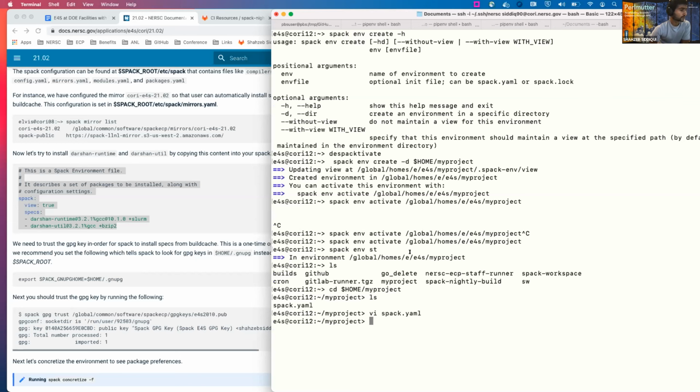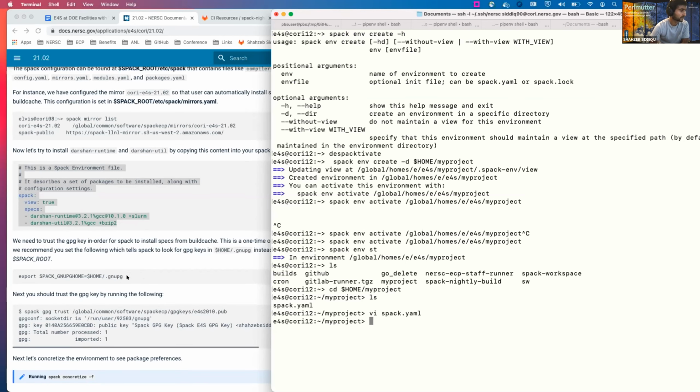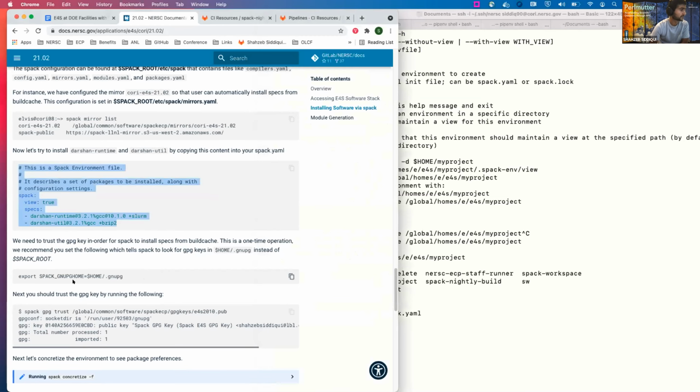The next thing that you would do, in order to use the build cache, you have to do two things. One is set your SPACK_GNUPGHOME. That's an environment variable that Spack understands, basically a location where you want to set where to search for GPG keys. And the other is actually trusting the public key that was used to sign the specs. So if you were going to create your own GPG key,